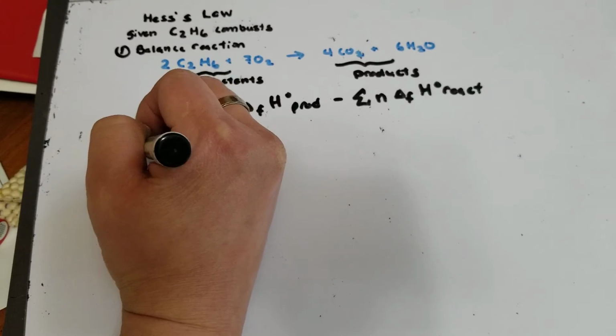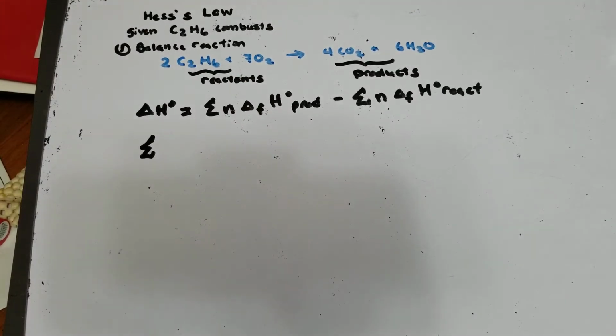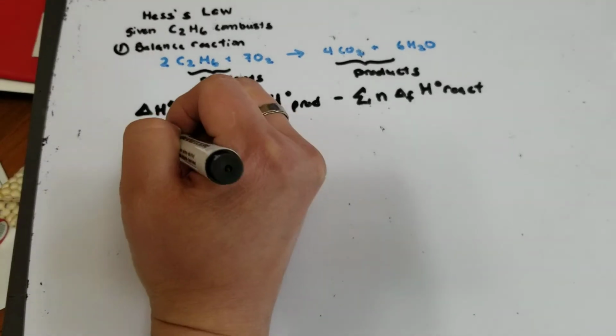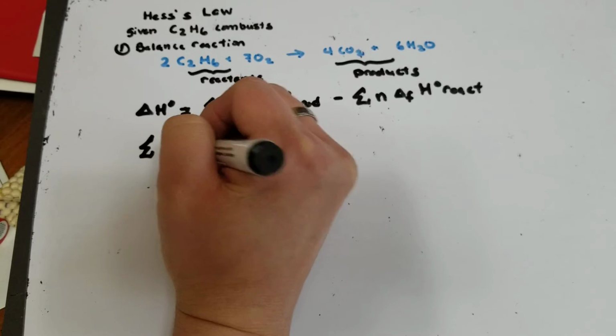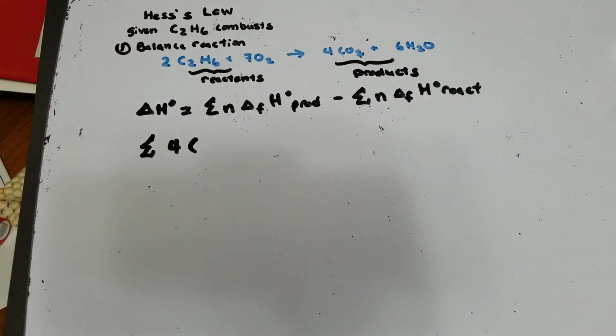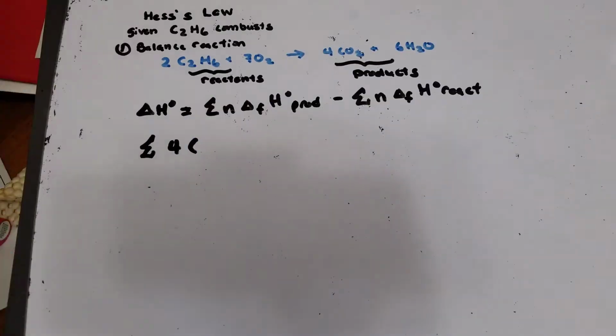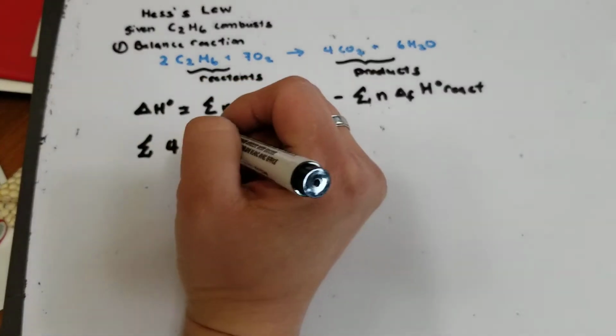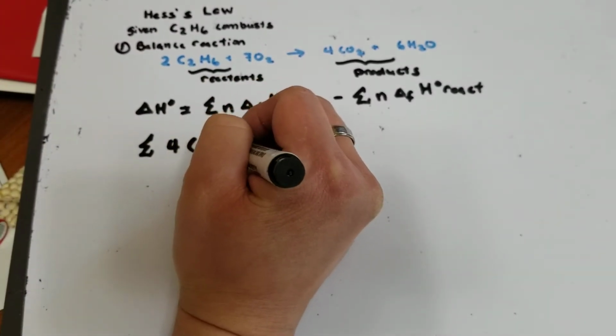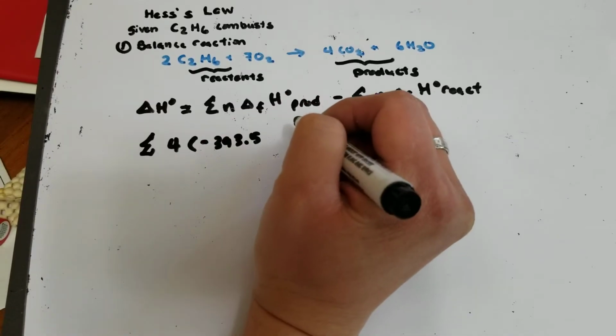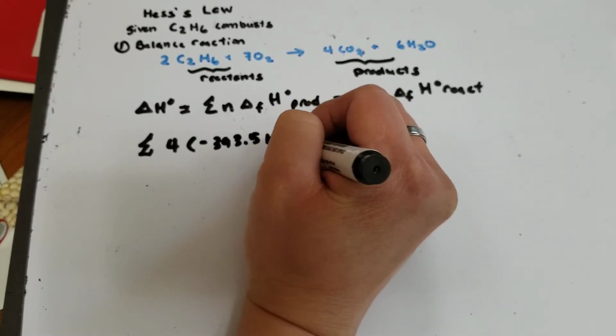So I go sum of, okay, and I go how many moles do I have in the product? So I have 4 moles of carbon dioxide. So I'm going to go 4 multiplied by the heat of formation for carbon dioxide. So if I look in my data book, it says carbon dioxide right there. Carbon dioxide is minus 393.5. So I'm going to go 4 times minus 393.5 kilojoules per mole